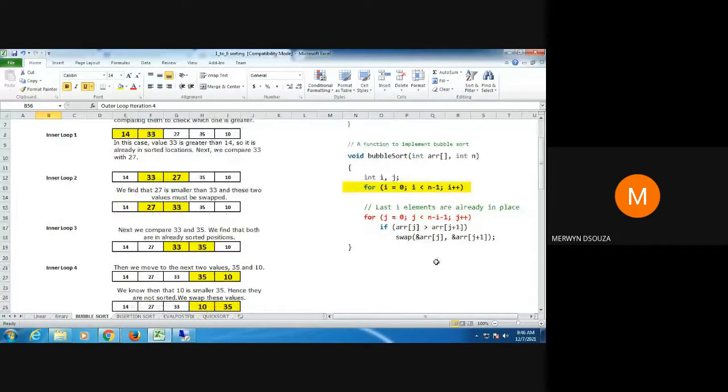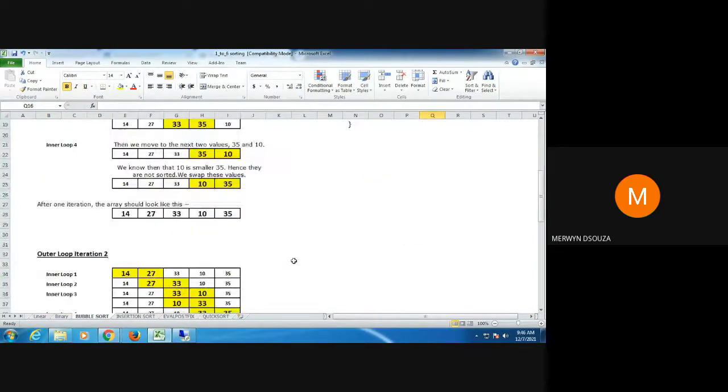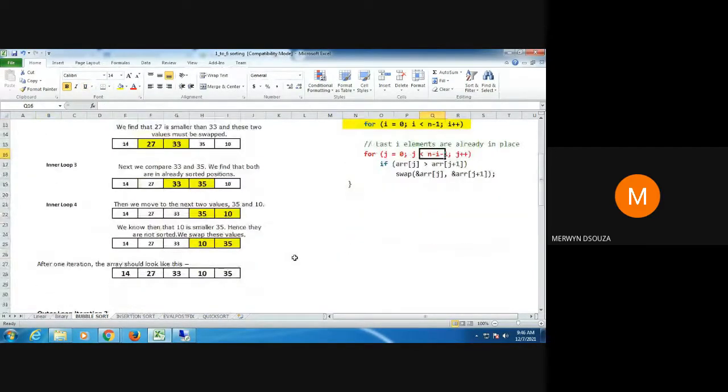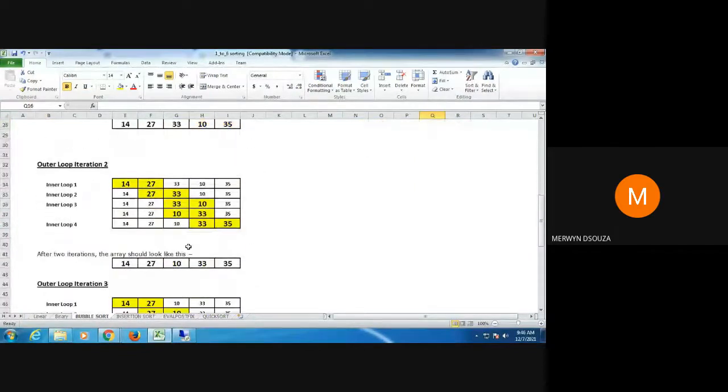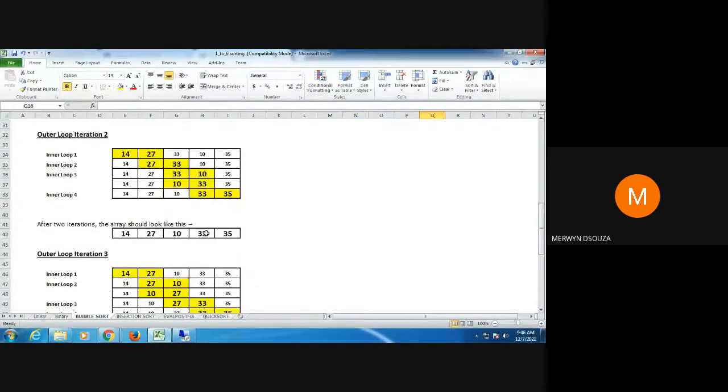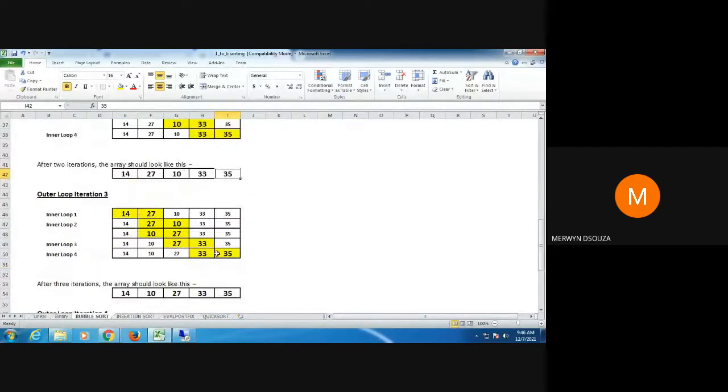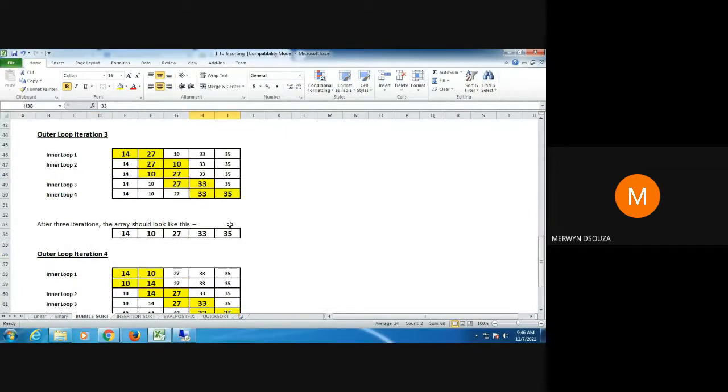So if n is 5, here you can see it is n minus i minus 1. It is not n minus 1. Why is it something like this? It has been made more efficient. You can see here that at the end of this iteration, 33 and 35 are already in the proper place. 33 will always be in the second last position, 35 will always be in the last position, but we keep on comparing 33 with 35 in iteration 2, iteration 3, and iteration 4.